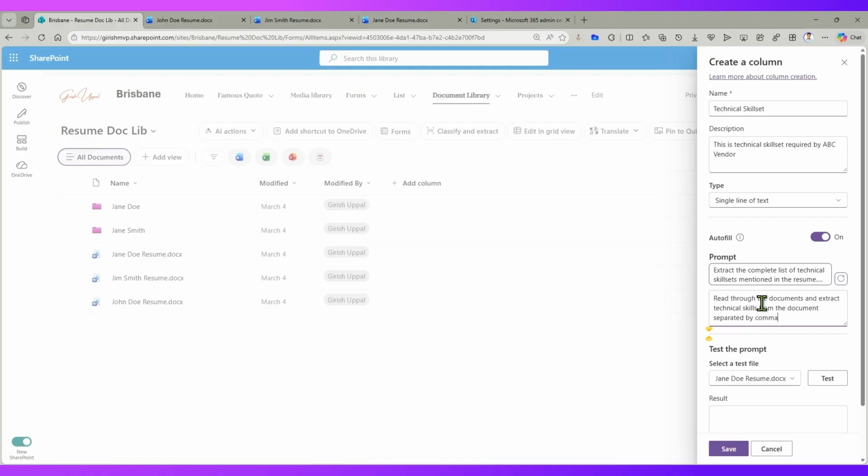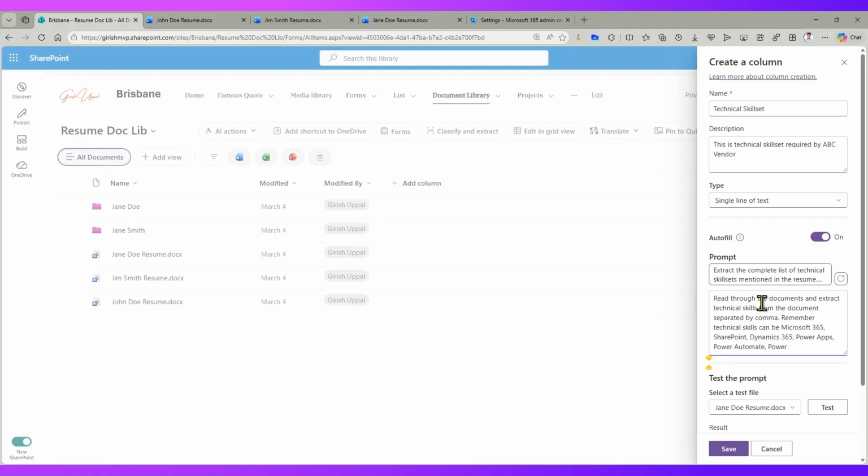And we need to explicitly tell that, remember, technical skills can be, maybe I'm recruiting for Microsoft technology, so I'll just say I want Microsoft 365, SharePoint, Dynamics 365, Power Apps, Power Automate,